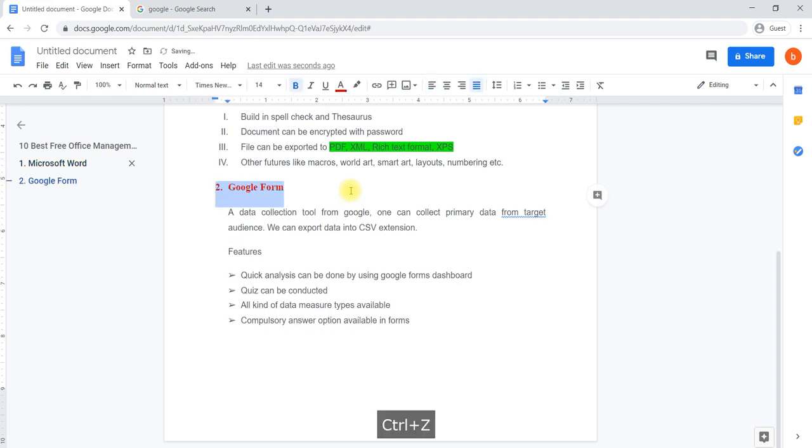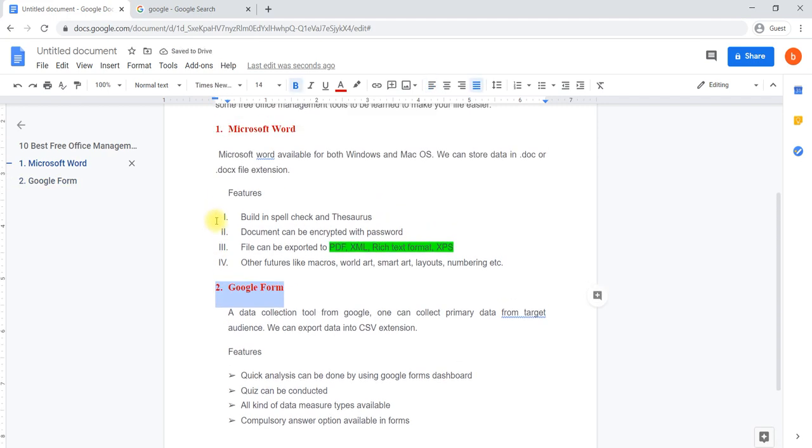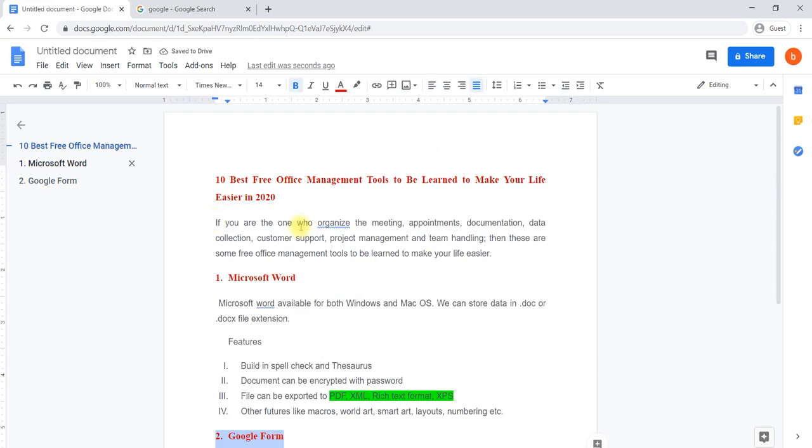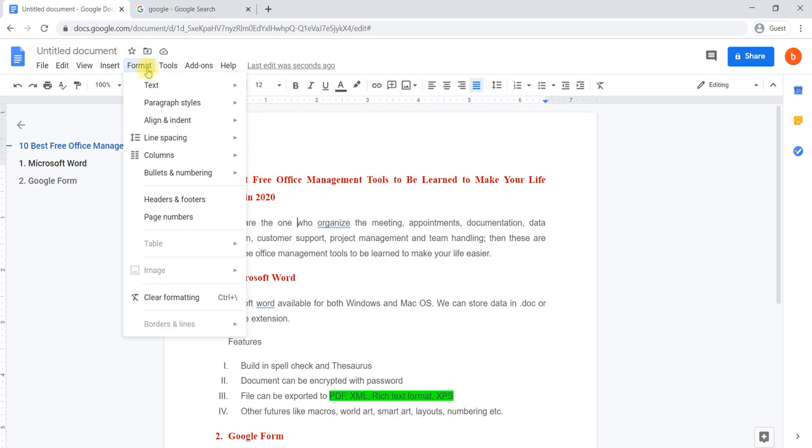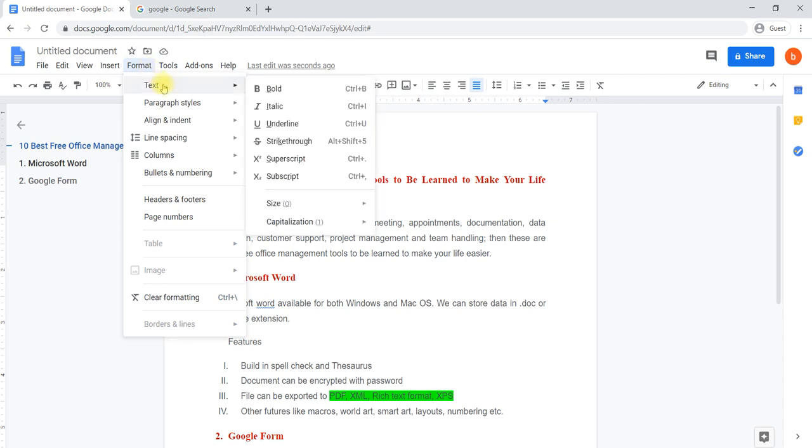Okay, this is about formatting and other bulleting. For example, if you are not able to see any of the tools which have been accessed so far in the quick access toolbar, if you are not able to find such formatting tools here, you can get them in the Format tab. In the main menu bar we have the fifth one, that is Format. In Format, if you click on that, we have text related formatting.